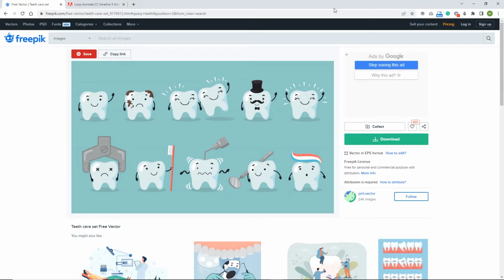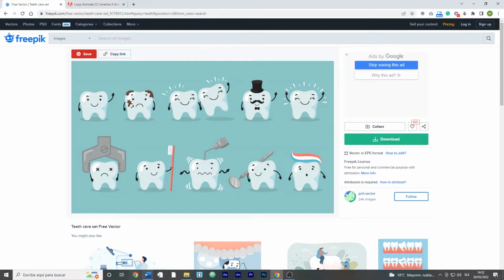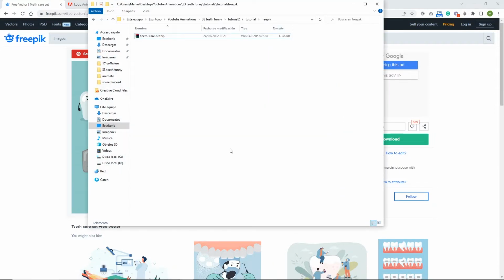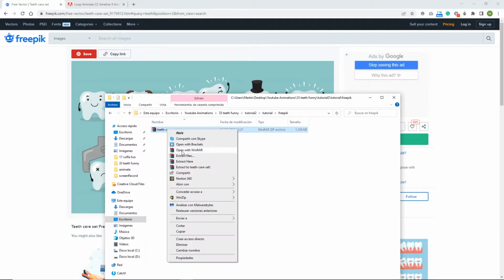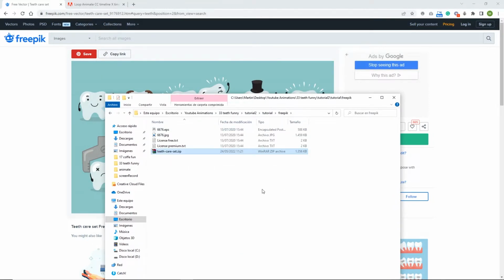So right now I am on the site Freepik, and as always I am going to provide you a link in the description, and I am also going to provide you the Illustrator file that we are going to create. So right now I will click download, and I will go with the free download, but keep in mind that you will have to attribute the author if you want to use this commercially, or you can go premium. So I will go to the place where I have saved this, and I am going to have it here as a zip file, and I am going to right click and choose extract here, and I am going to double click on this EPS file, and it is going to open this in Adobe